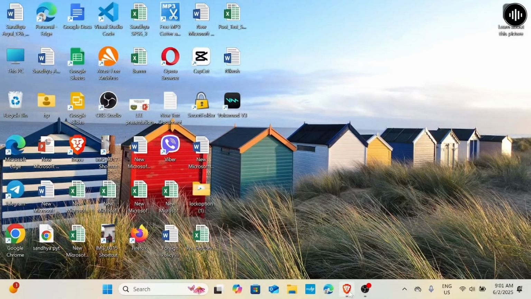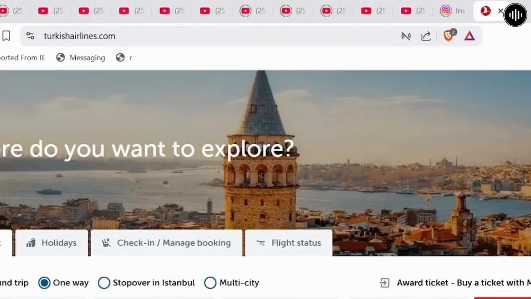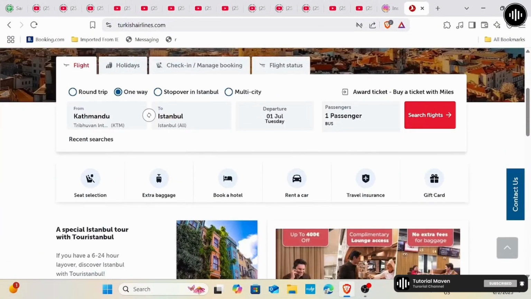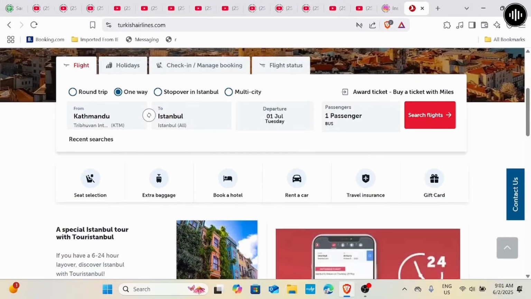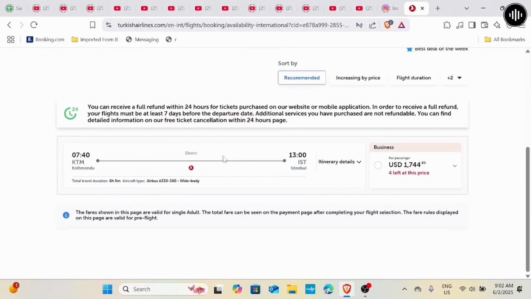First, head over to your browser, and once you're in the browser, you need to type turkishairlines.com. This will take you to the official website of Turkish Airlines. From here, you can go ahead and book a flight to anywhere that you want, and once you select where you want to go, you need to go ahead and click on search flights. This will take a moment to search your flights, and as you can see, this has found a flight